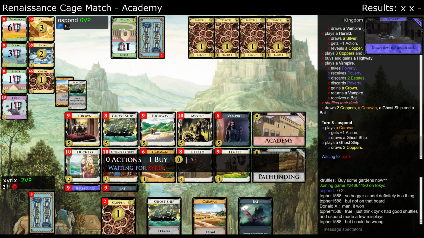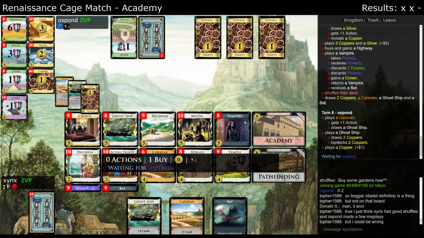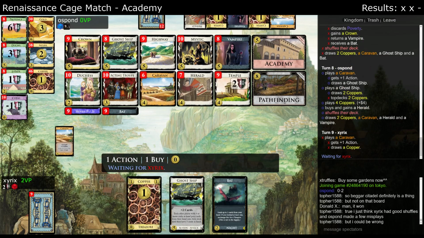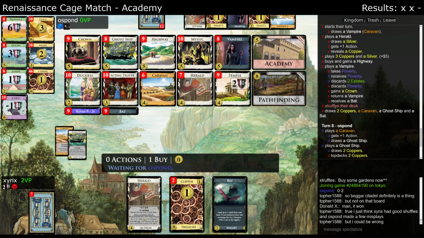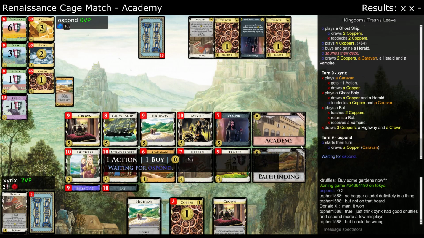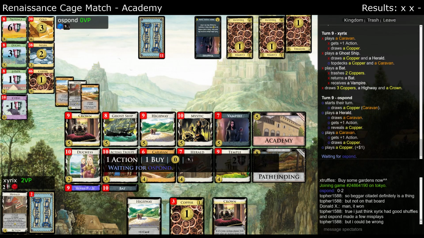So xyrix did not buy a vampire. He bought a highway, which is interesting. I think I'd have rather just gained or bought the vampire and gained the highway or something. But